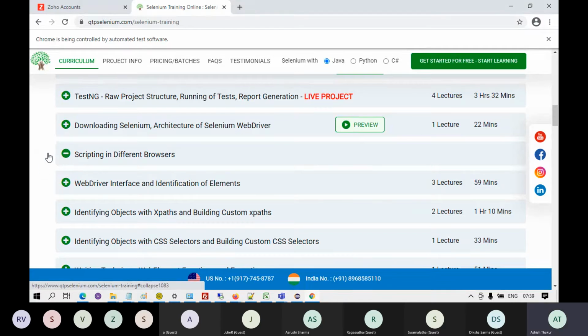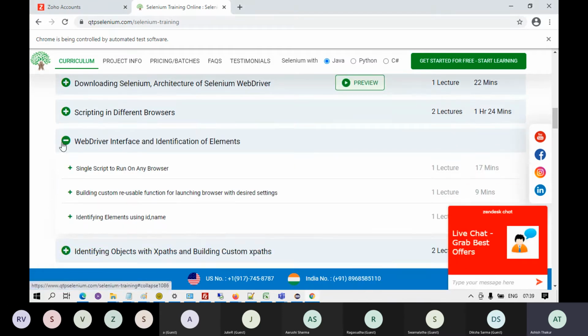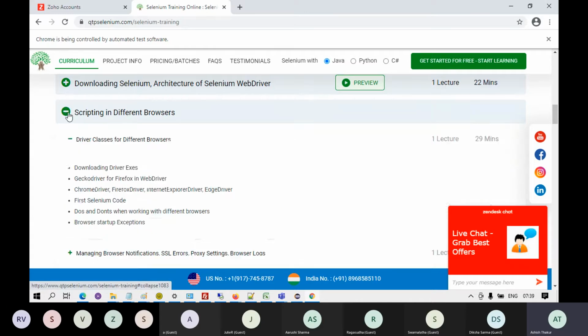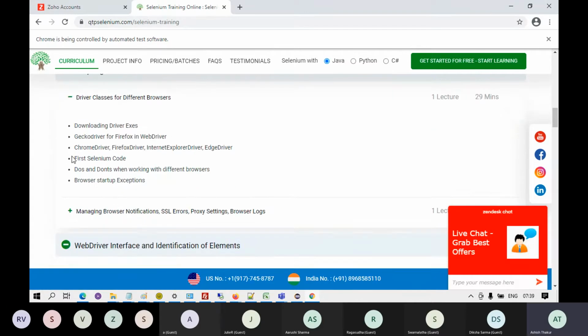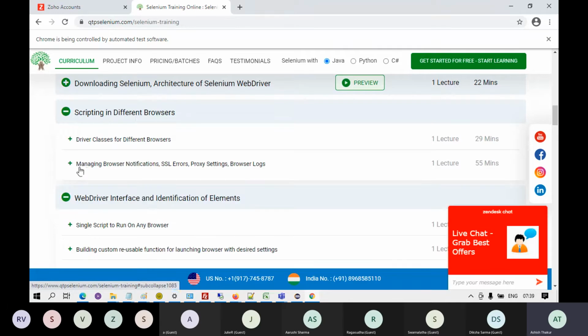module over here. My PC is hanging like anything today. Yes, this is the section under driver classes, under scripting and different browsers.